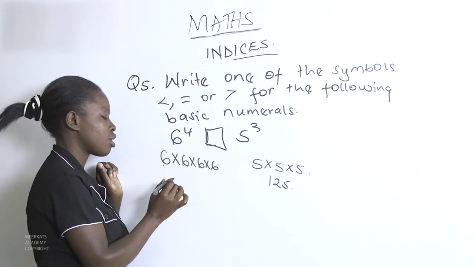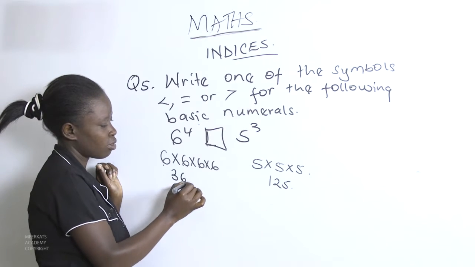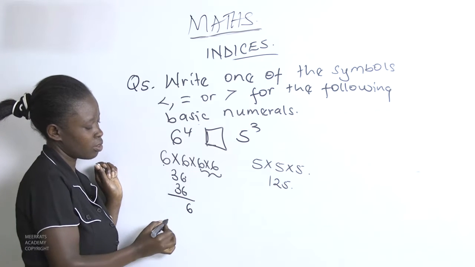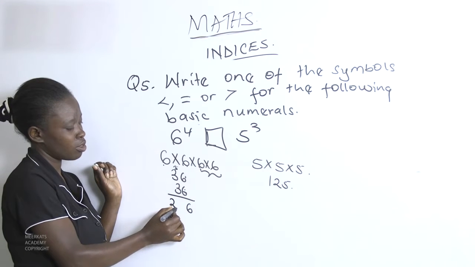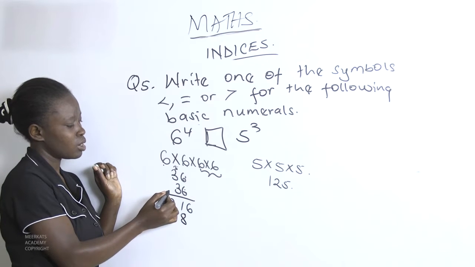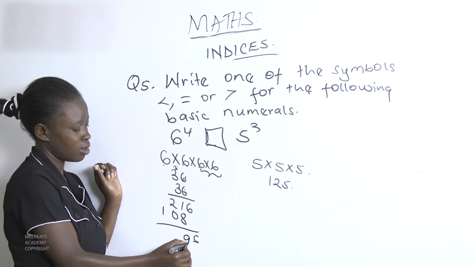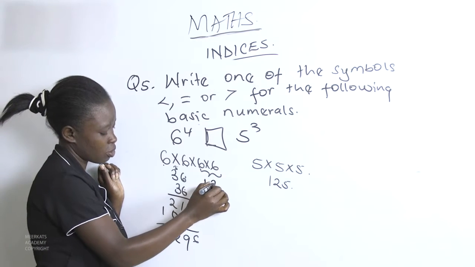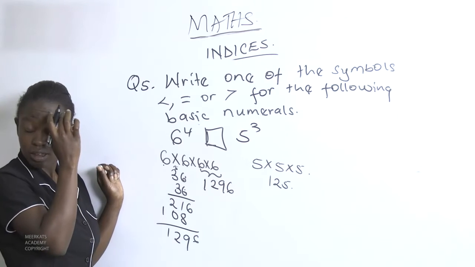125. 6 times 6 is 36. Times 36. 36 times 36, we are having, this is 36, right? 6 carry 3. 18 will give us 21. This is 18, carry 1. 9, that is 10. So we get 6, 9, 2, 1. So we are having 1296. On my right hand side, I have